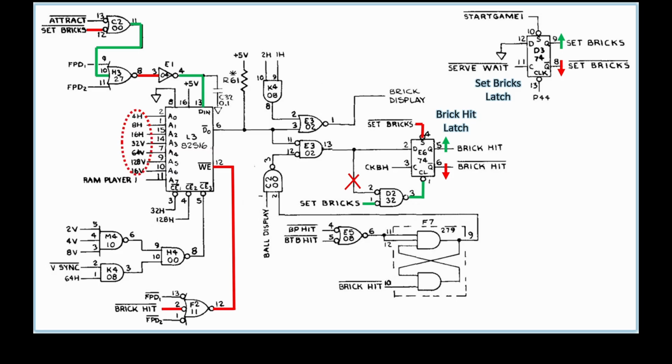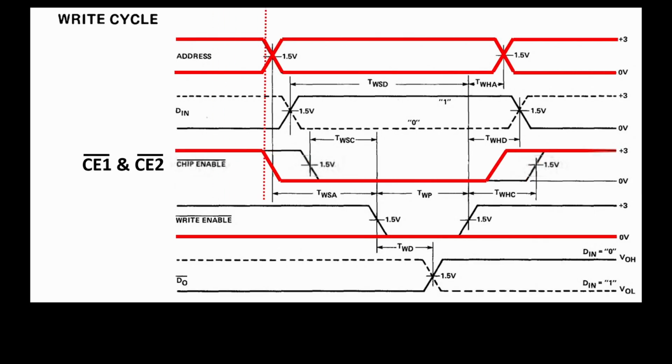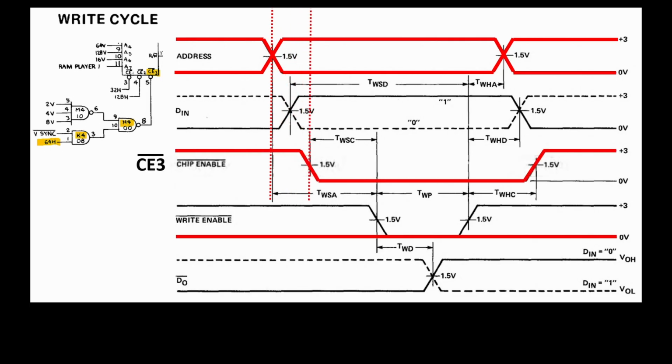This writing style is unusual, but once again it works. Here, write enable is held low and the chip enables do the writing. Also to note is that the addresses and chip enable lines change nearly at the same time. The saving grace here is that 64 Henry goes through 2 gates, delaying CE3 a tad.